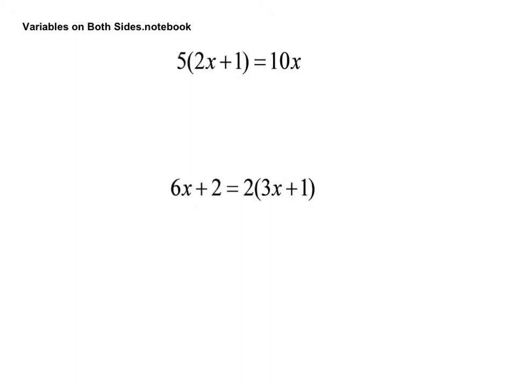Sometimes when we put a variable on both sides of the equal sign, we end up with some weird stuff going on. Okay? So let's look at that now. First of all, what do we do first? We find our equal sign. Then, what's the next thing we look for? We look for the distributive property. Is there anything to distribute on the left? There is. So I'm going to distribute my 5. 5 times 2x is 10x. 5 times 1 is 5. Equals